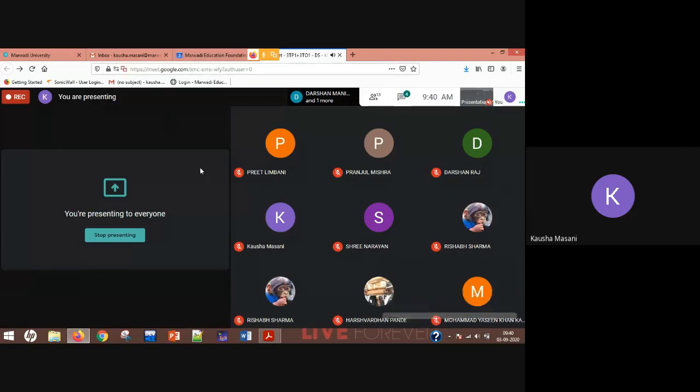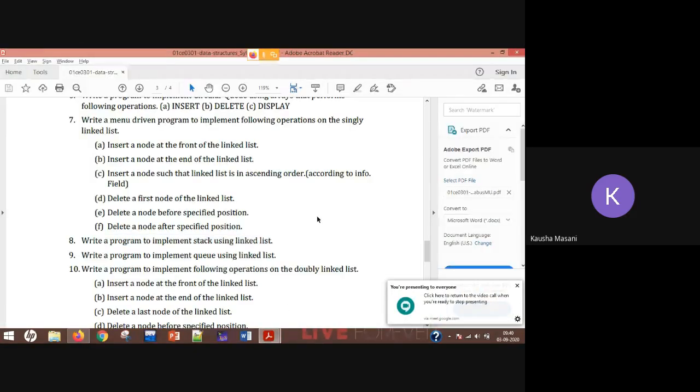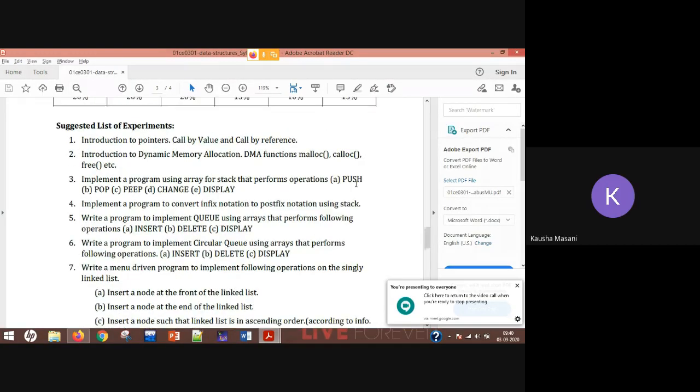Okay. So see, today we are going to start the practical number 3. Implement a program using array for stacks. And what we are going to do in those stack implementation, we are going to implement its 4 operations, that is push, pop, peep, display, and if time permits, then the change operation also.